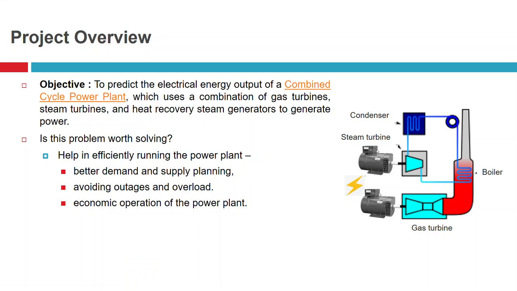This problem revolves around the combined cycle power plant. Understanding how these plants generate energy is really interesting. They use a combination of gas turbines and then the heat produced through it with steam turbines to generate power. So you can imagine there are many factors which have to be monitored to efficiently run this type of power plant and generate the energy output. So let's go step by step to understand how we can predict the electrical energy output of a combined cycle